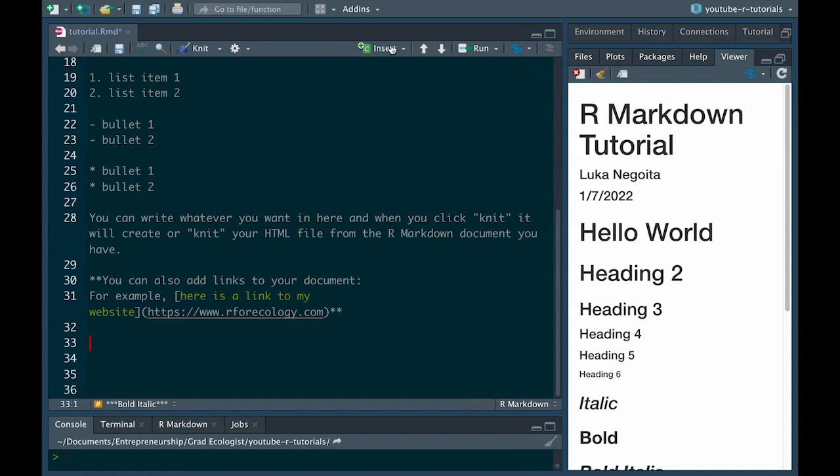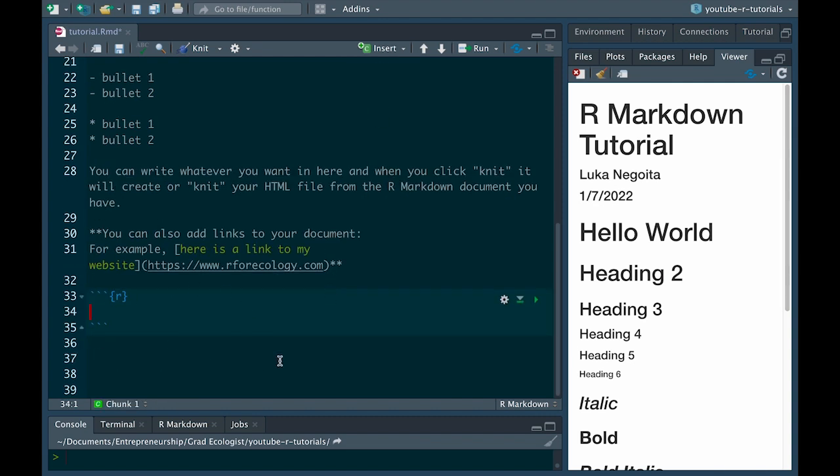There's this insert button up here, where if you click on this little arrow, you can insert all kinds of other types of code, but we're again going to just leave the default because we're not doing any other programming right now. We're just doing R. So go to wherever you want to insert the R code and click on this insert button. Oh, I guess it pulls down this menu no matter what. Okay, click on R, and here we have what is called a code chunk.